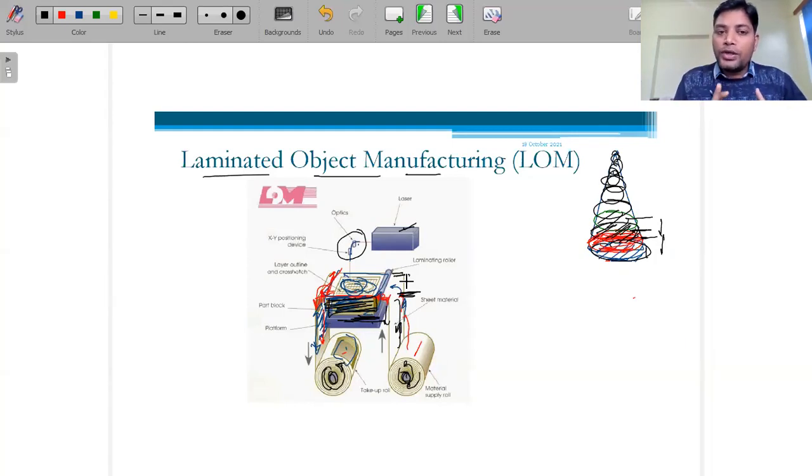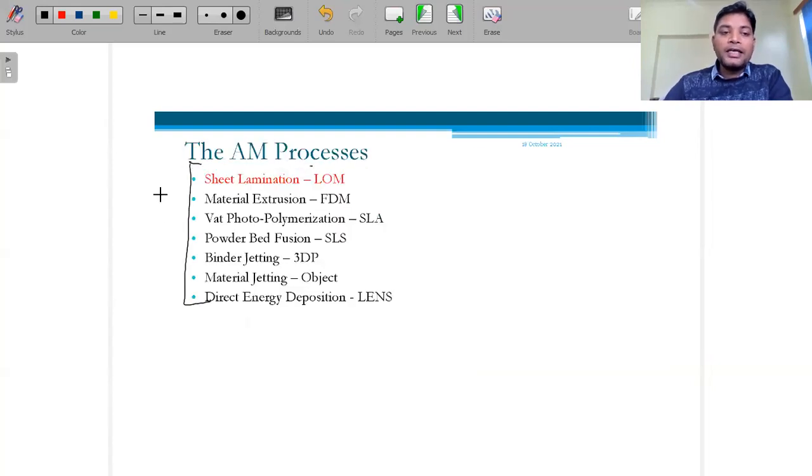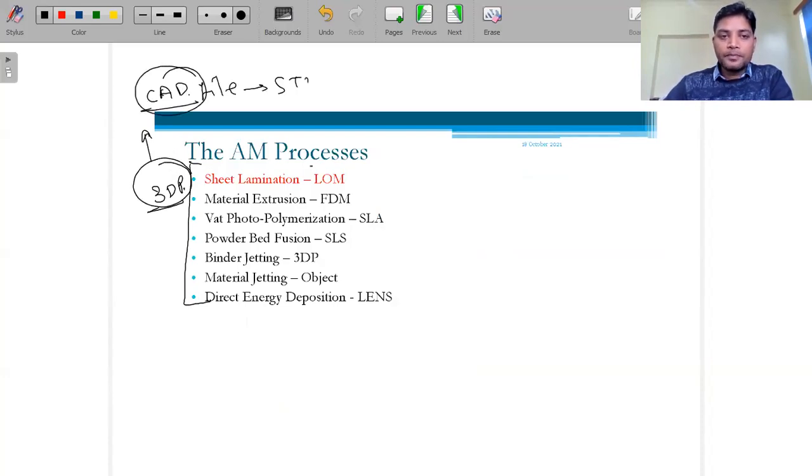Here one question you can ask is how this laser is moving, or how it is covering this diameter, this diameter, as the diameter is changing. For that I told you that all these additive manufacturing techniques are completely based on 3D printing. In 3D printing, first of all, in step one, we create the CAD file, and that CAD file is saved into the STL format. From this STL format we give the command in terms of G and M codes.